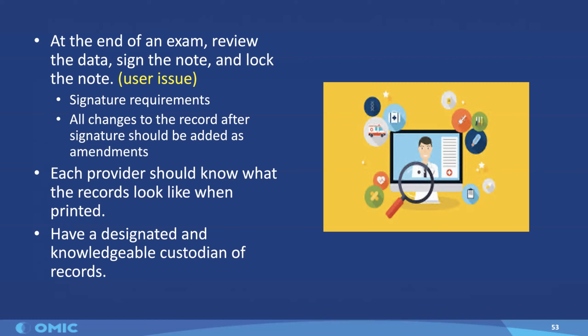Each provider should know what the records look like when printed, and it's always a good idea to have a designated and knowledgeable custodian of records. What I mean by that is,